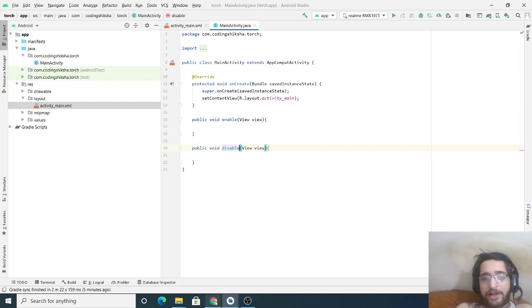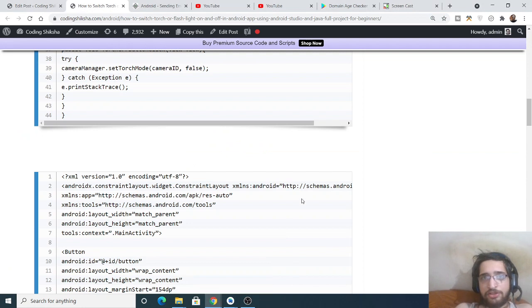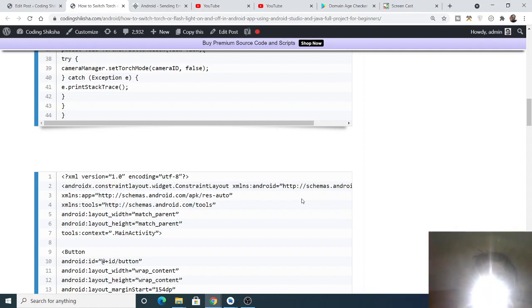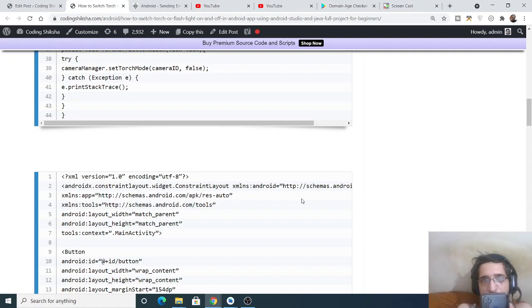What we are trying to do is, let me just show you. Let me show my mobile phone to you. There is a flashlight option here. If I switch it on, you will see this flashlight is on here. If I switch it off, this will be off. So we need to be doing this inside our Android application programmatically. This is the option which is available inside your phone as well, so we will be doing the same process inside our Android app.